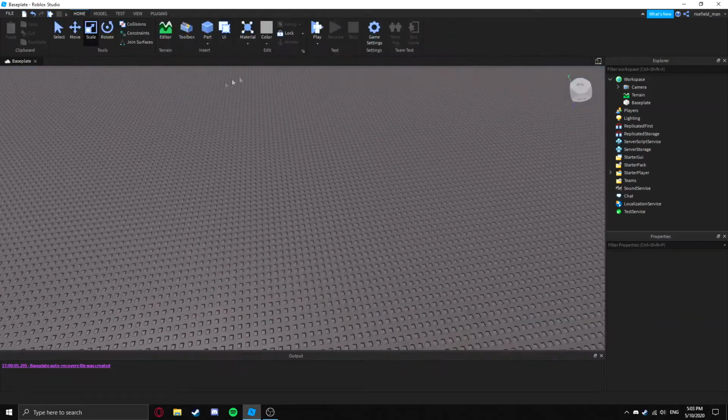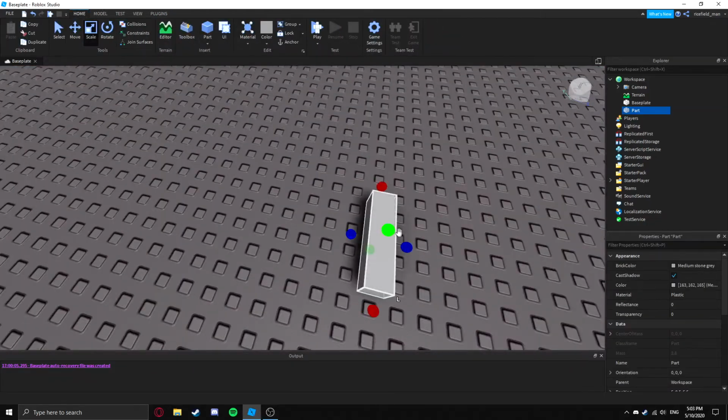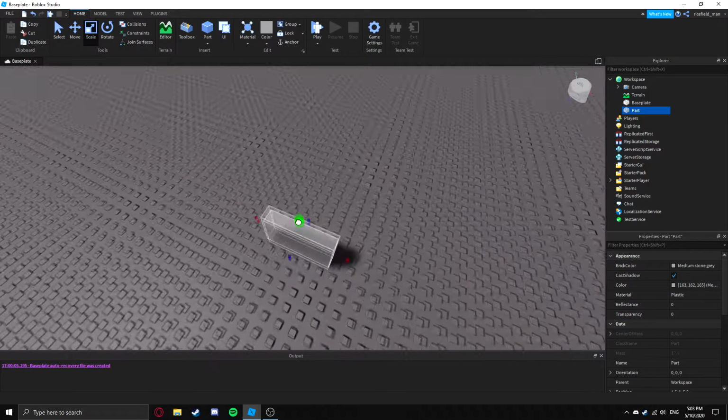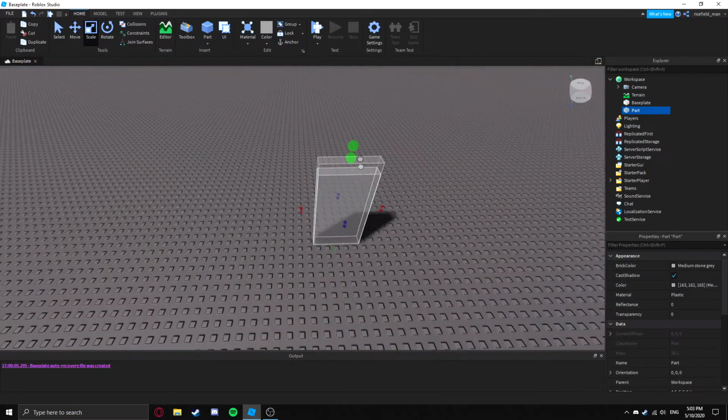Hey there guys, today I'll show you how to make a door. Firstly, get your door, make a part,